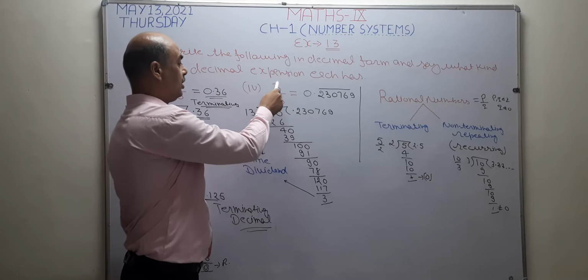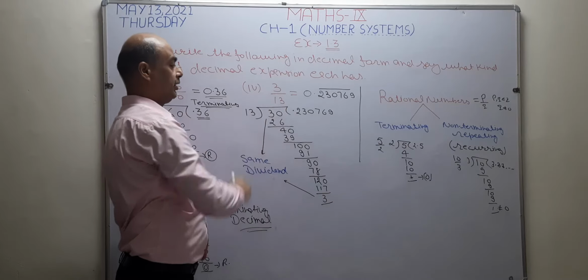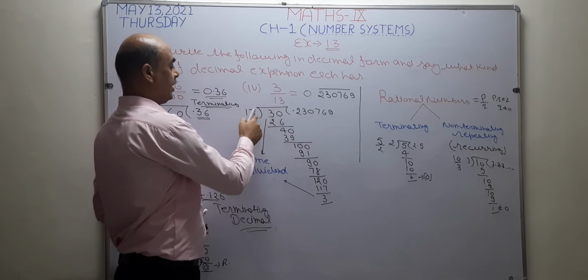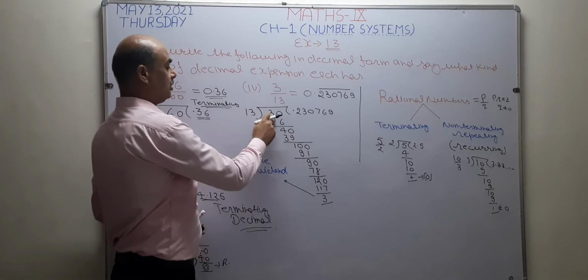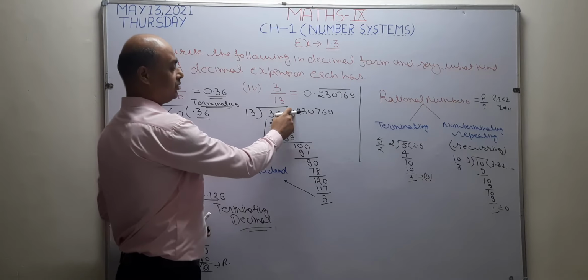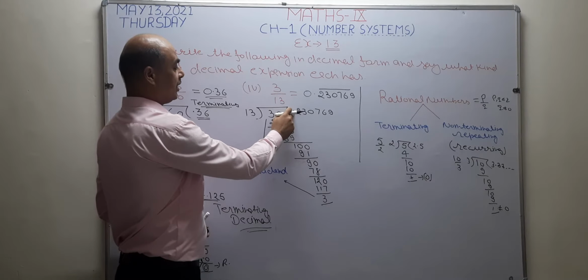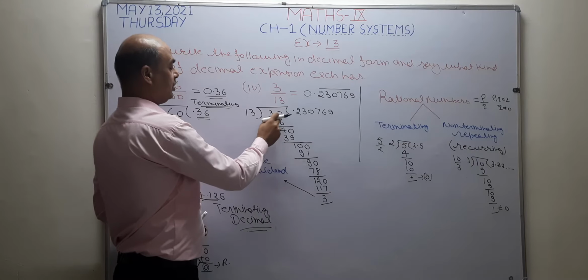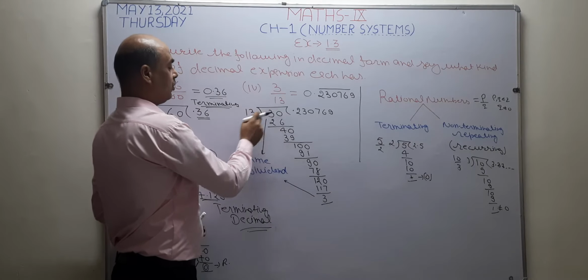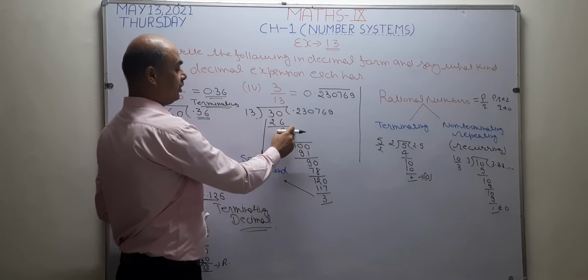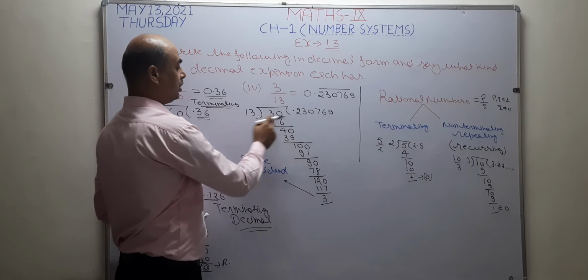Fourth part. In this question, we are going to divide 3 by 30. I write here 3 and going to divide it by 30. Since 3 is lesser than the divisor, so I take decimal first, and after taking decimal, I take 0 here. When I take 0, then this becomes a larger number. Now I start 13 2s are 26. What is left? 4. After decimal, 1 0 is allowed to be taken, so this becomes 40. Now 13 3s are 39.